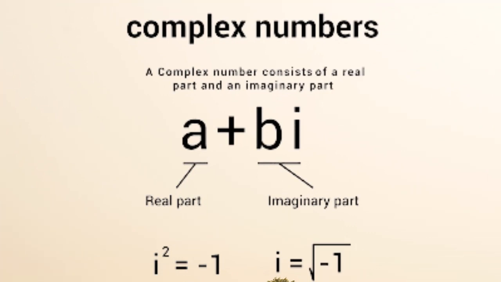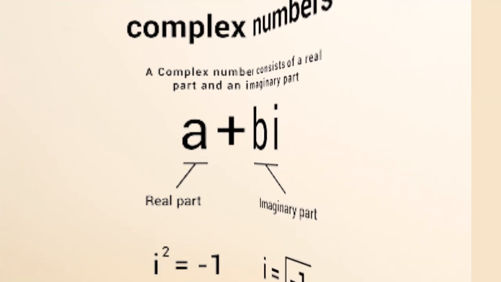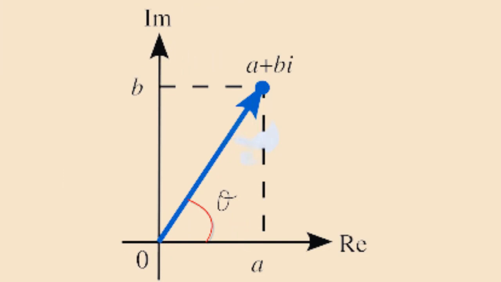In the complex number plane, the real part of a complex number is represented by the x-axis, and the imaginary part is represented by the y-axis. The point on the plane that represents the complex number a + bi is located at the intersection of the